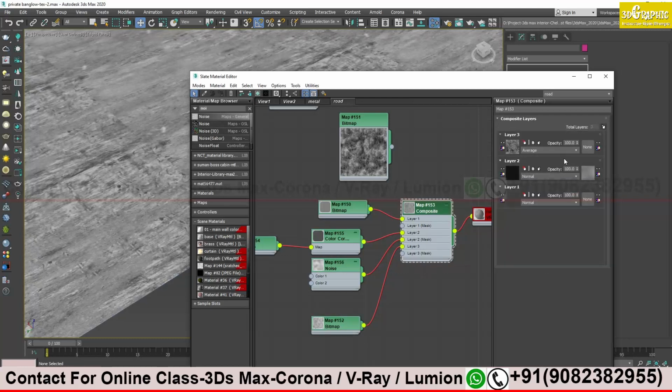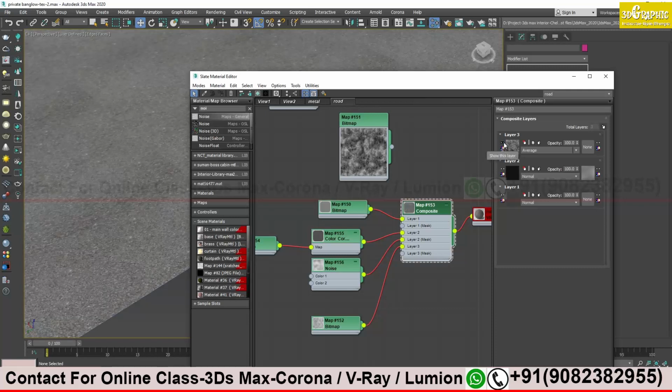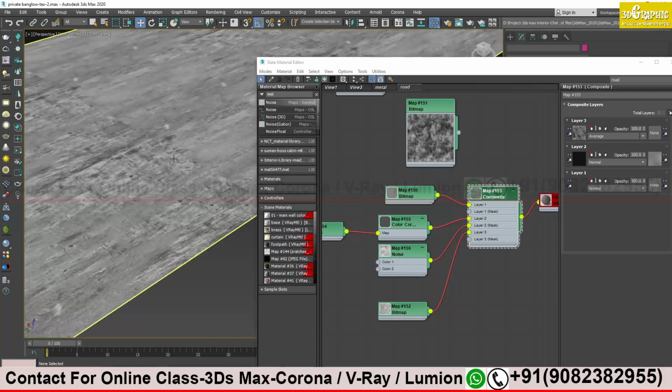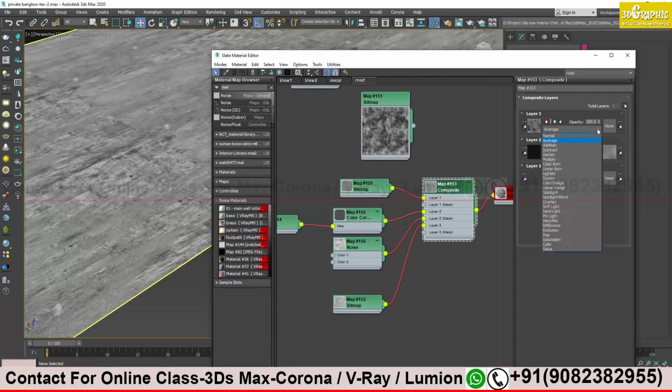Let me just change. Go to composite and let's see. I will turn off the layer and see what difference I'm getting from here. See, this is the original of my bottom layers. If I add these scratches, this is overriding. Still, I'm not getting the proper result. So I'll try to change it over here.